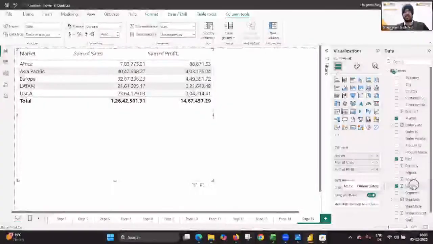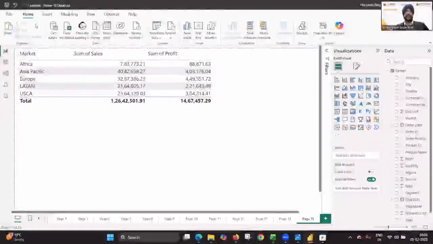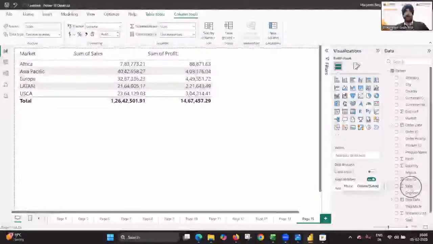If I click into sales, if I'm not clicking into this, I'm in my visualization. Are you able to see the title, the headers in your ribbon, what tabs you have? You have Home, Insert, Modeling, Optimize and Help. If I click into any of the variables, I have a few additional tabs. One is Table tools and another is Column tools. So once I go to Column tools,